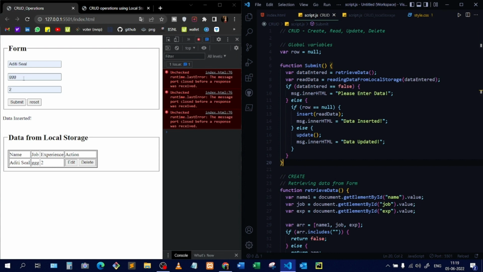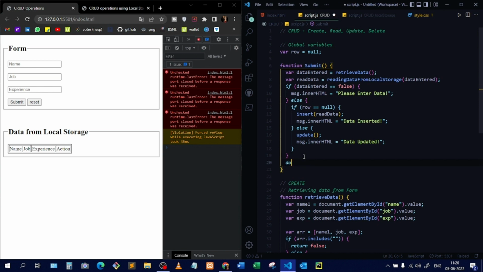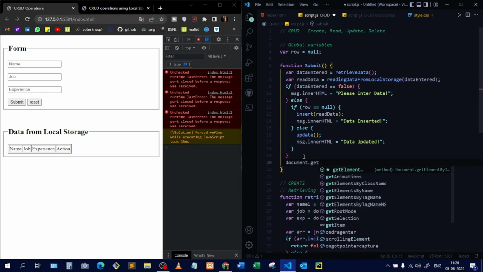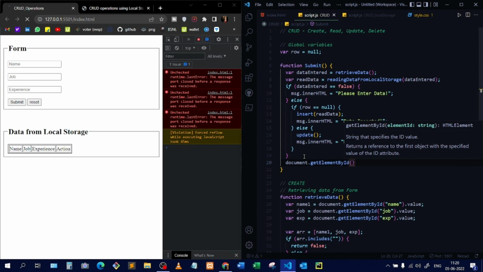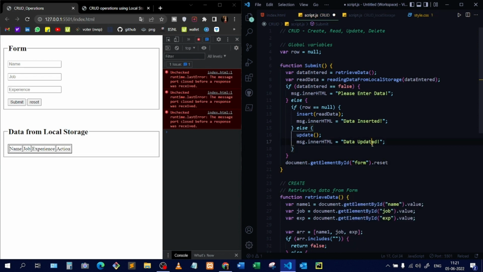Now the next thing it should do is, whenever the user clicks on submit and the data is submitted, then only the form data should be blank, or the form should be reset to blank. Okay, so to do that, we'll simply go to the submit function and write document.getElementById, and we'll fetch the form, that is form. Then I'll write reset. This will basically reset the form. I'll just write open and close bracket as well and then hit save. So once the submit is clicked,